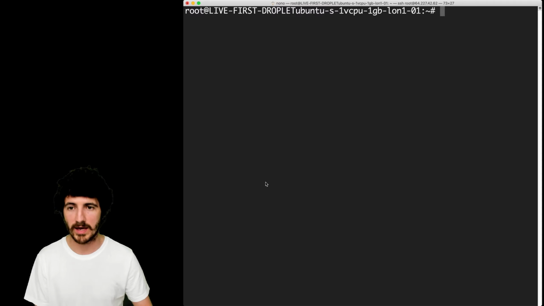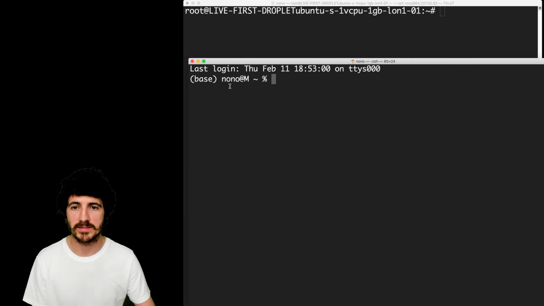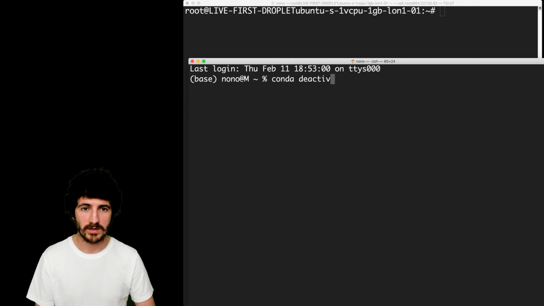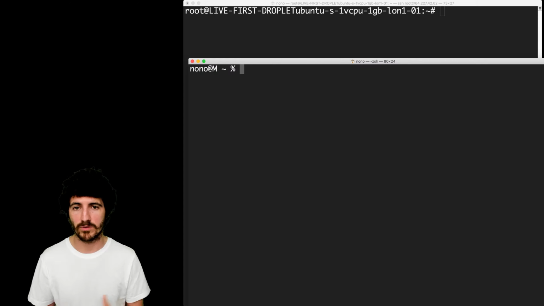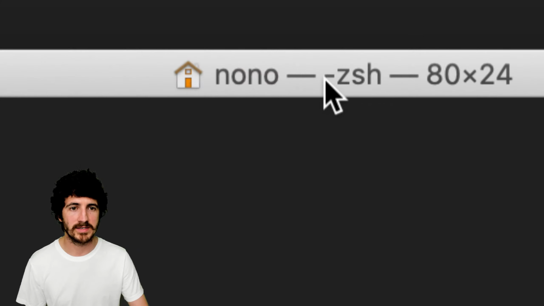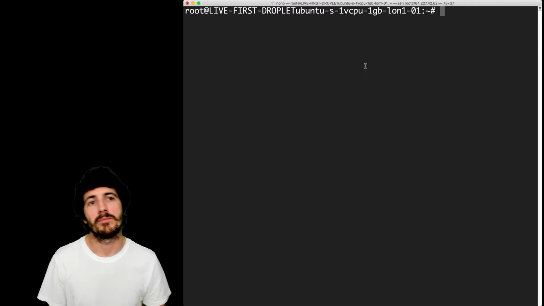Note how when I have an SSH window here, this is telling me, well, this is for Anaconda. I could do Anaconda deactivate, I think, but I have it by default. It's telling me where I am. So this is on the computer. If I do pwd, I see this is my folder, and this is actually the SSH shell. What happens here?